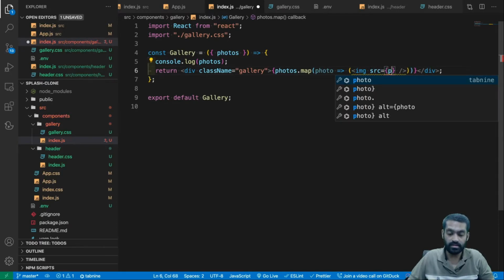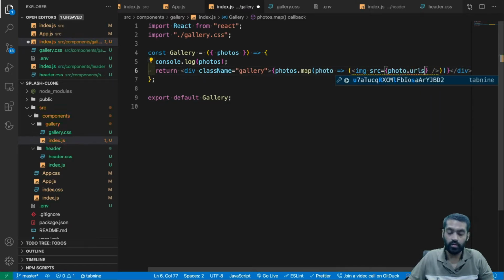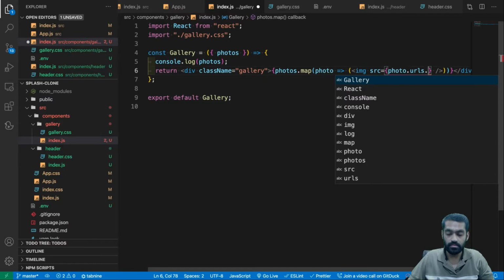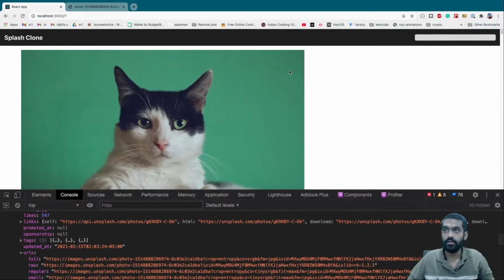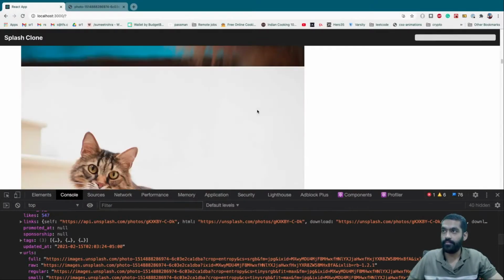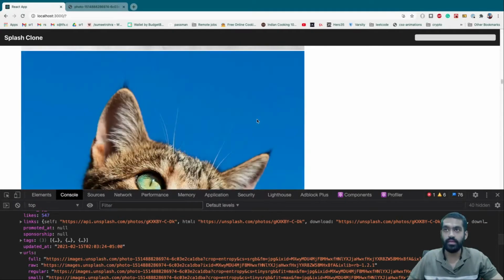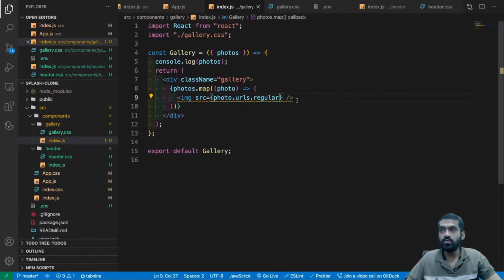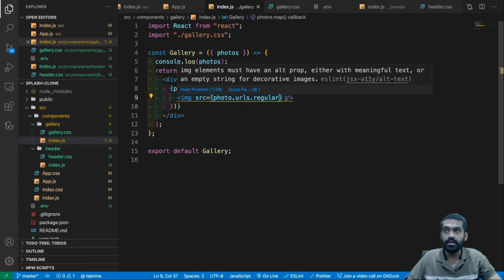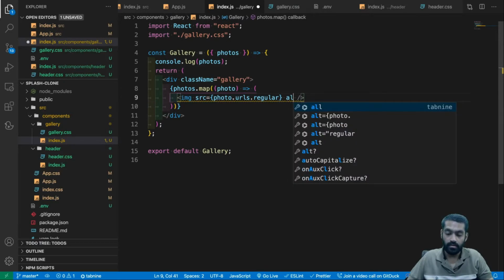The src is photo dot urls dot regular. Let's see. Okay, yeah, we are getting regular images now. Nice, really amazing, brilliant. So what is missing here? It's missing an alt prop, right?